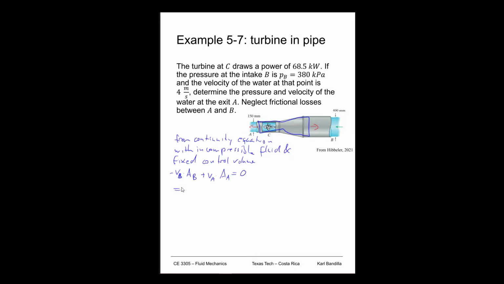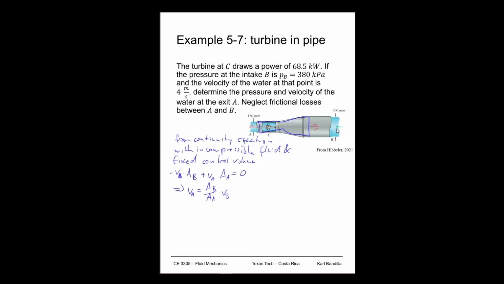So if we solve that for VA, which is one of the things we're looking for, VA is then going to be, we'll bring this over, AB over AA times